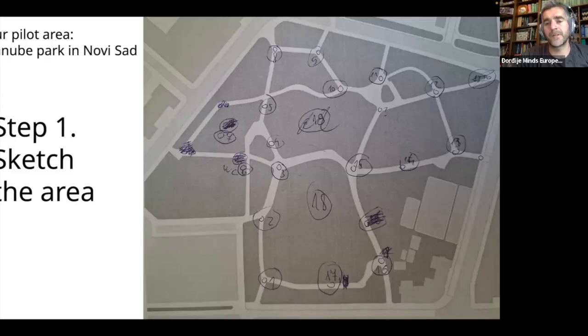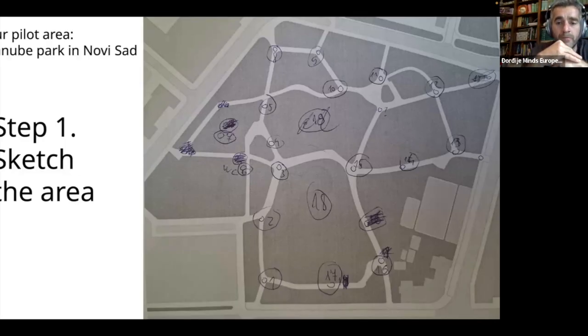First of all, we will continue with the last time's pilot area, which is Danube Park in Novi Sad in Serbia. We created a map of this park. After that, we started, of course, to set the distribution of the 360 photos that we want to take within this part. What I did first was print that map and set up these 18 locations. Just to tell you that this park is not that big. It's maybe 150 by 150 meters.